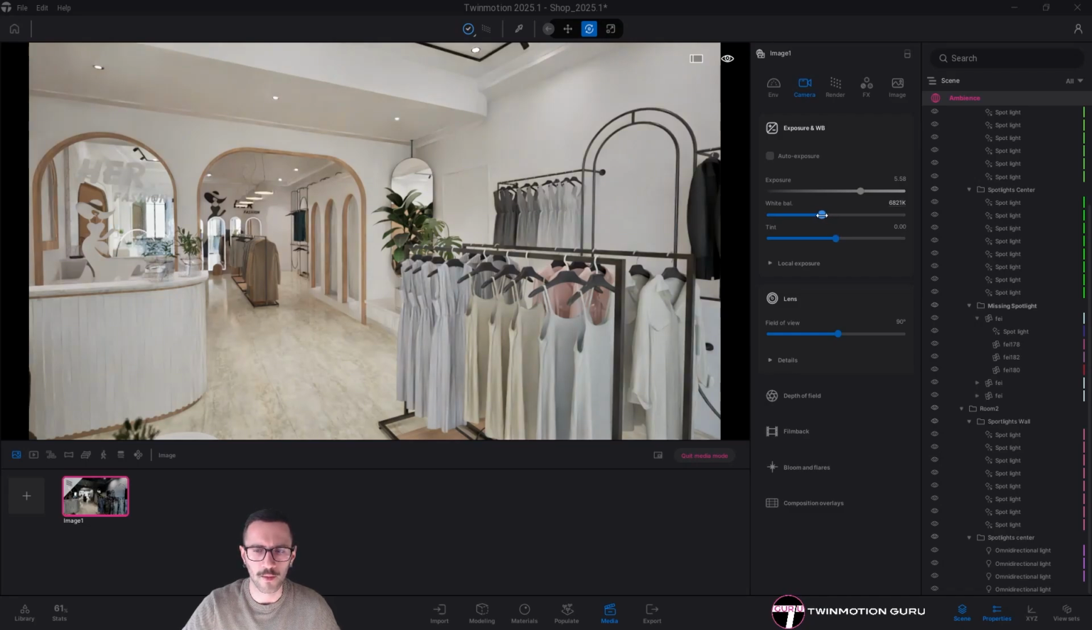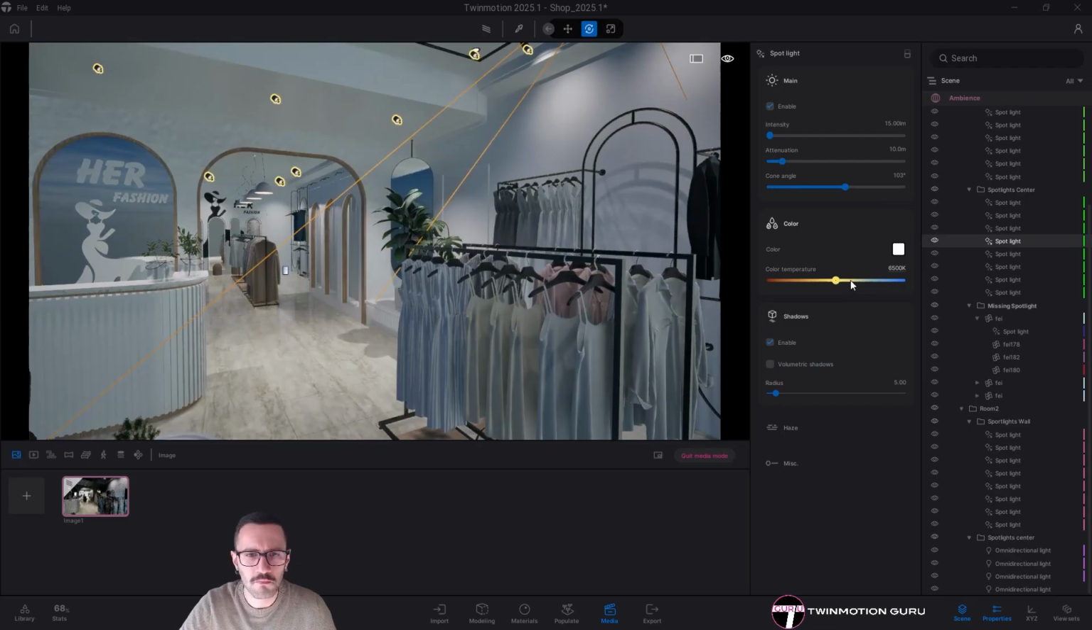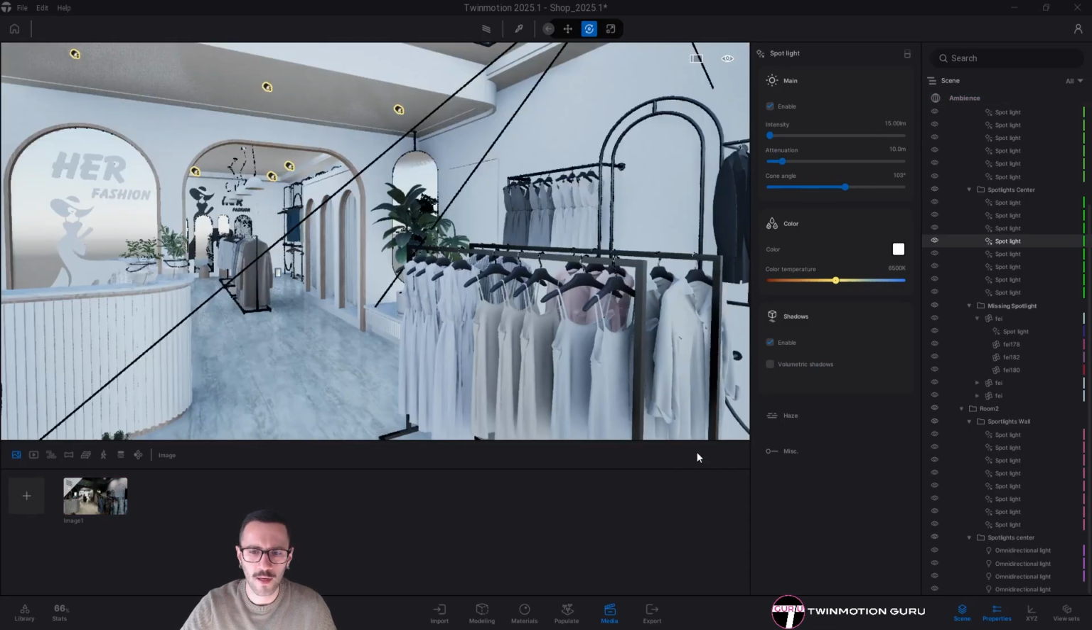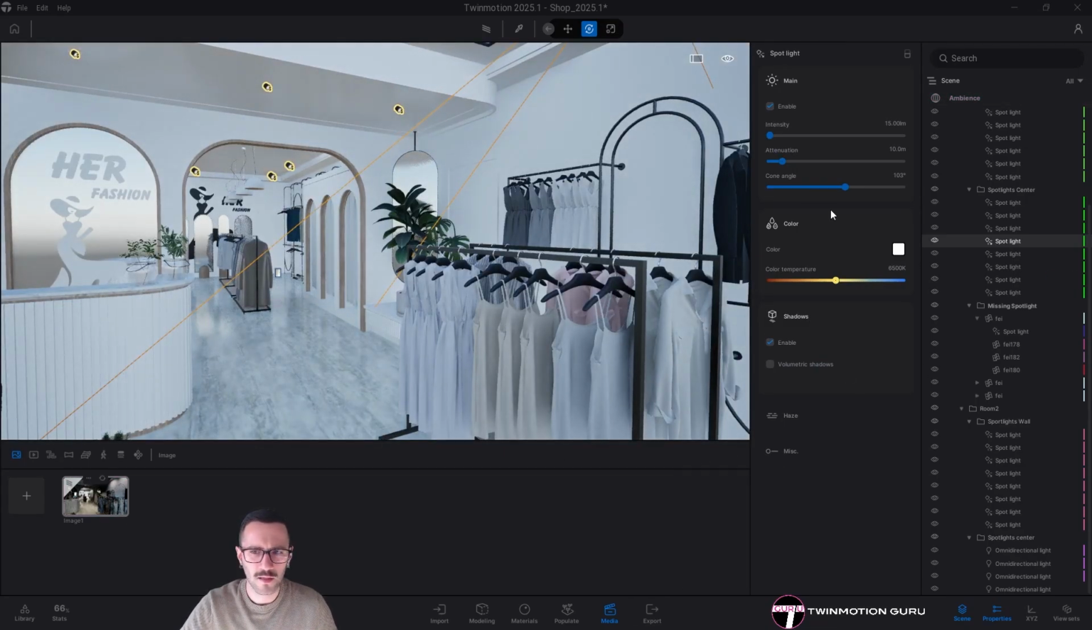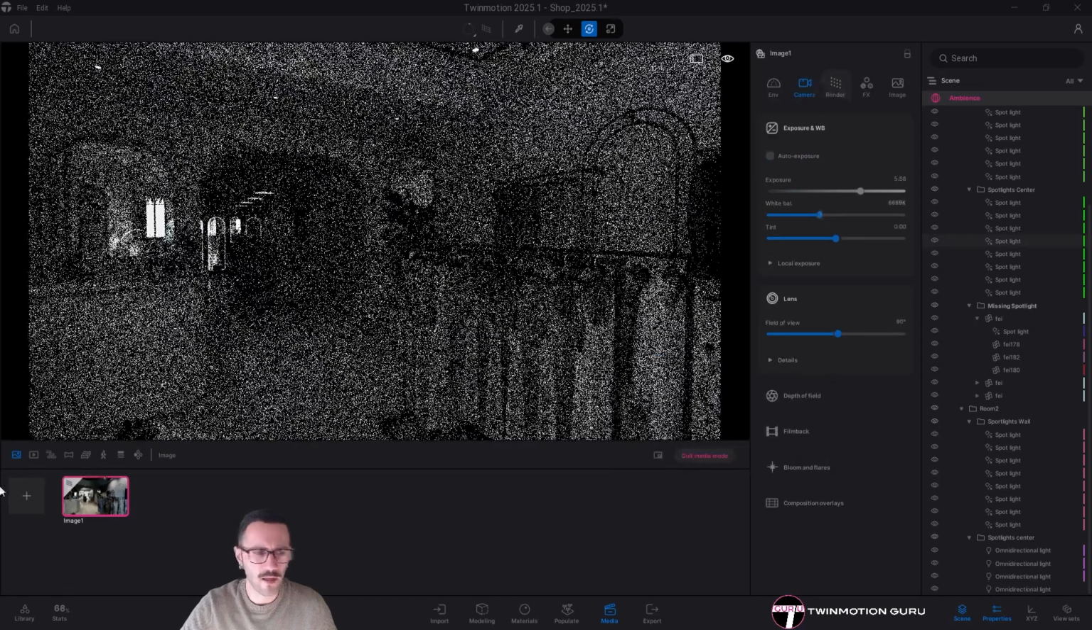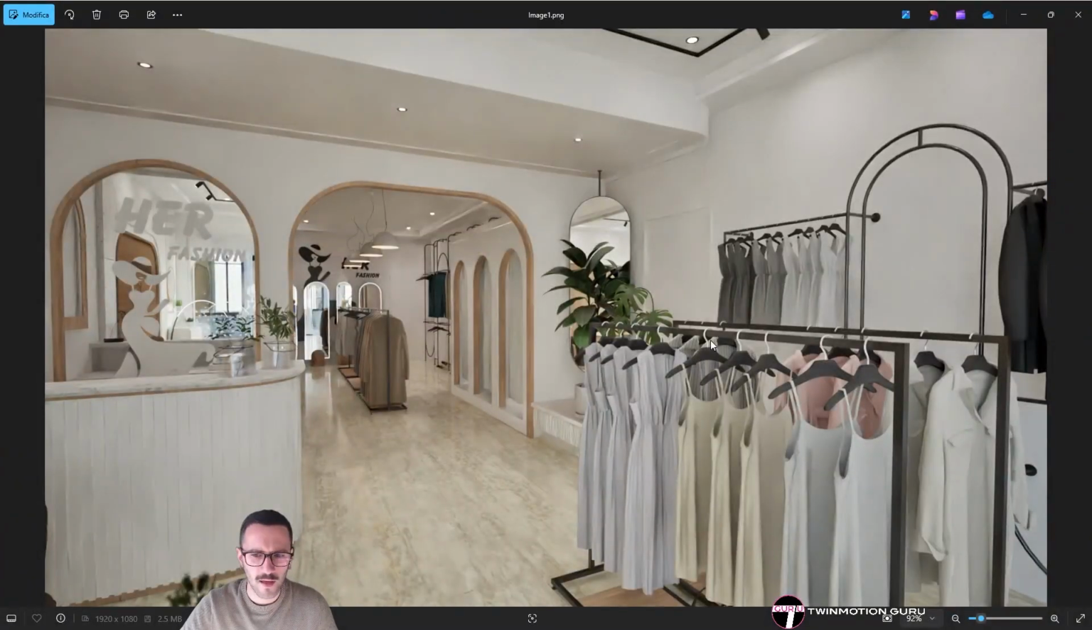Perfect. Yeah, maybe something neutral like this. Okay, and let me just see. Yeah, I think it's okay. Last but not least, maybe in the camera I can also, well, here I'm not noticing it because all the details are a little bit